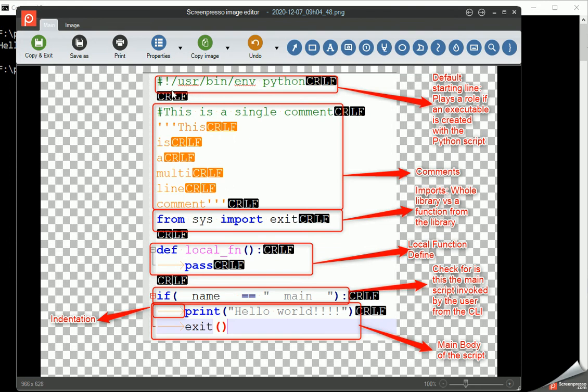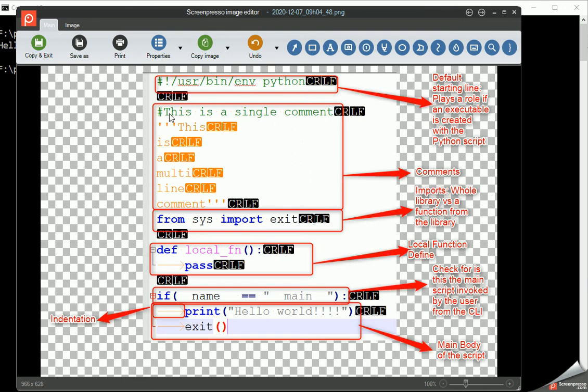So the first section that I highlighted over here is a static line. Basically, you will see this line in every Python script. However, this is not really necessary. It is only necessary when you create an executable out of this Python script and invoke it from some other script or the command line directly. This will tell the system that this is a Python script. However, even though it is not necessary, in most cases, I would still recommend that you have a uniform structure and you always use this static line of code in your script.